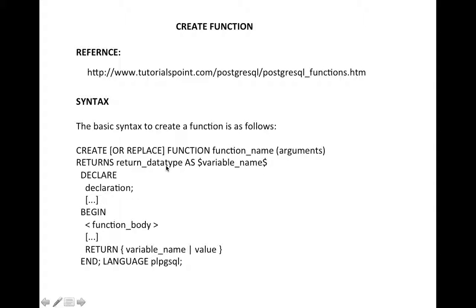The data type is nothing but integer or string or whatever it is. Here the variable name is nothing but the assigned value. For example, a equal to 10 means you need to pass 10 into the variable a. In the declaration, you can declare any type of value. Begin is where our function body starts. Here we need to write all our statements. Then return what you are going to return once the process finishes, and end will finish up your function.